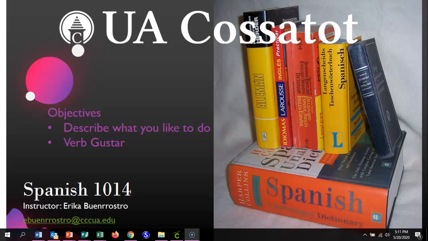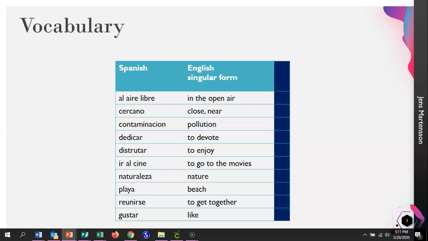In regards to Task 5, once again, we are diving into what we call the verb gustar, and we're also going to be looking at ways to describe what we'd like to do. Our vocabulary for Task 5 includes al aire libre, which means in the open air, cercano, close or nearby,